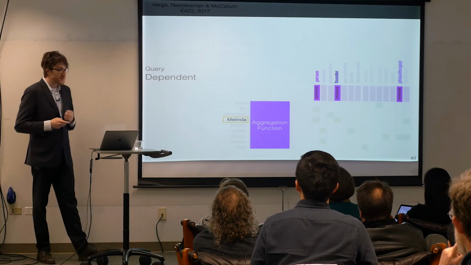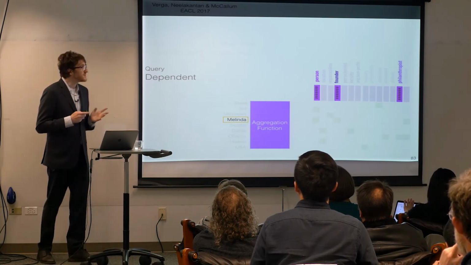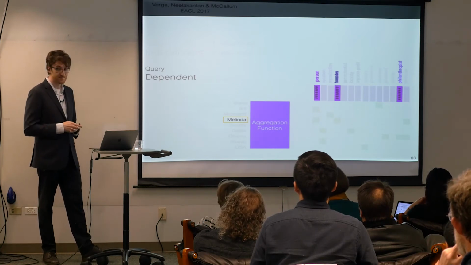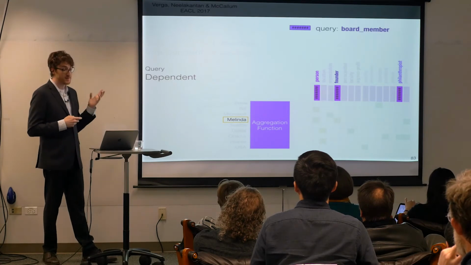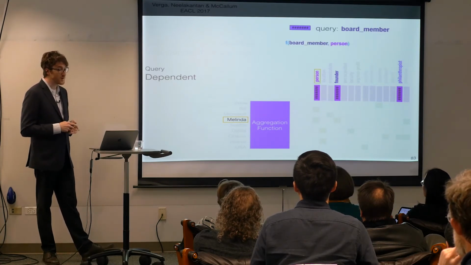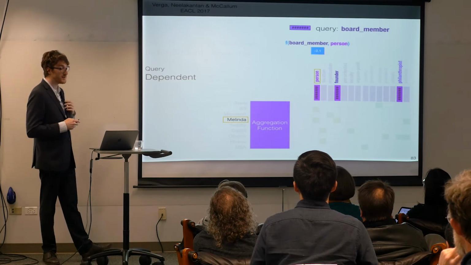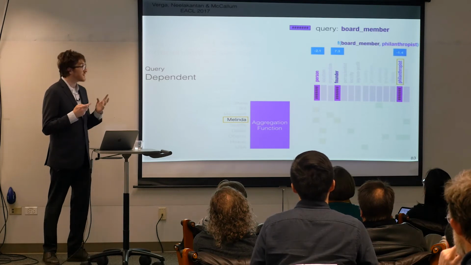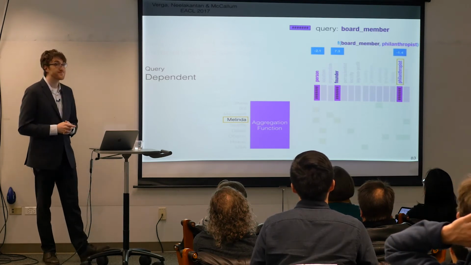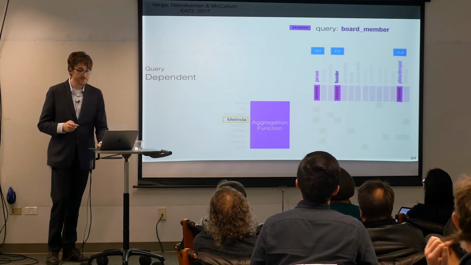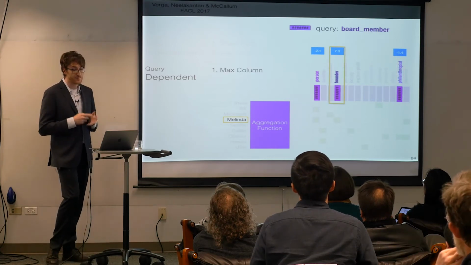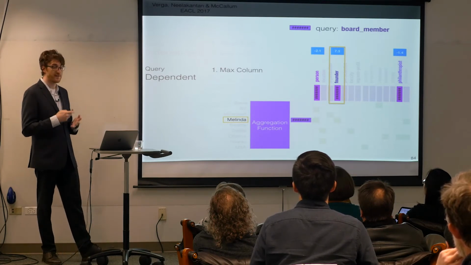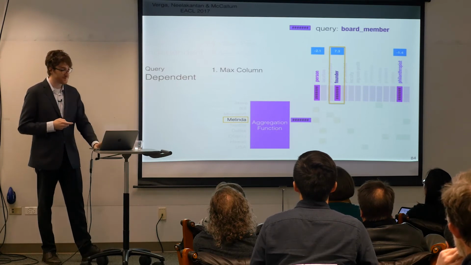All right, and the second class of functions we looked at were query-dependent ones. Here we're going to aggregate the observed types differently depending on what query it is that we want to answer. So if we had a query like, is Melinda Gates a board member of an organization, we could first calculate some similarity score between a representation of the query and each of the observed mentions. For example, this could be a dot product between the 2 vectors. And in this max column method, the prediction is going to be made solely by the most similar observed mention. So here, founder is going to be predictive evidence that Melinda Gates could be a board member.